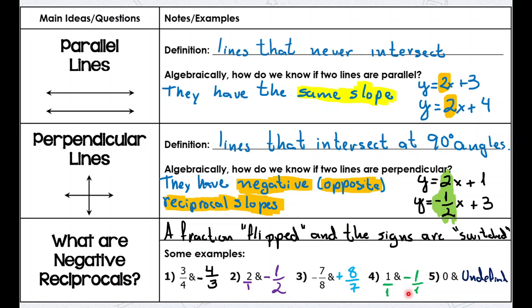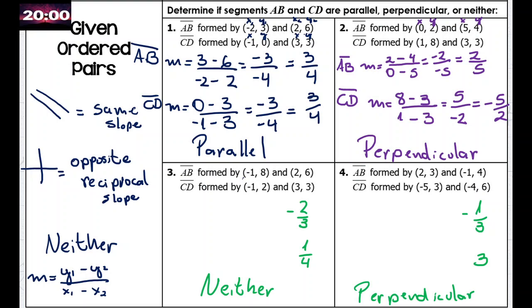Great. Here in the classroom we did some examples for the opposite reciprocal. Here we have some problems we solved. Let me solve number 3. Remember, the first thing to do is find the slope. Remember to label it: x1, y1, x2, y2. Let's find the AB slope. My slope is y1, 8, minus y2, 6, over